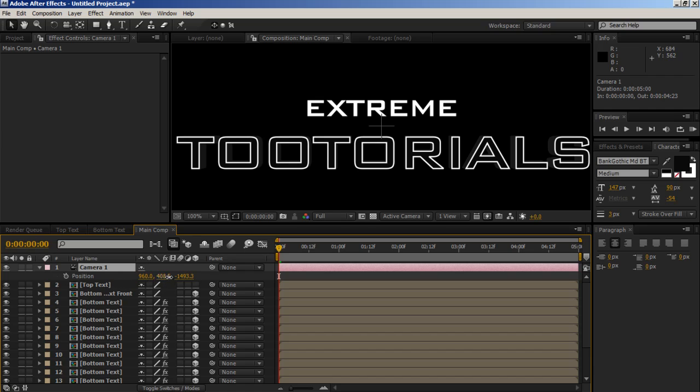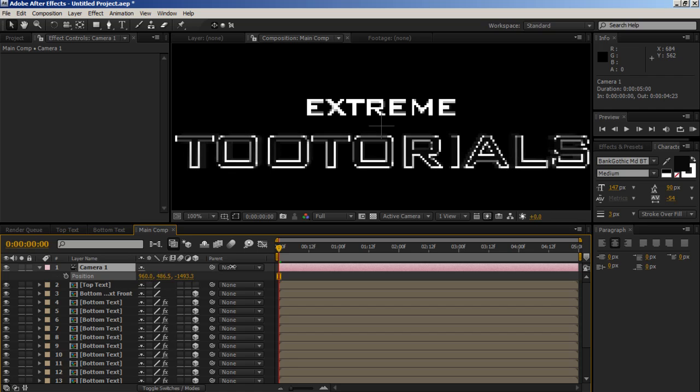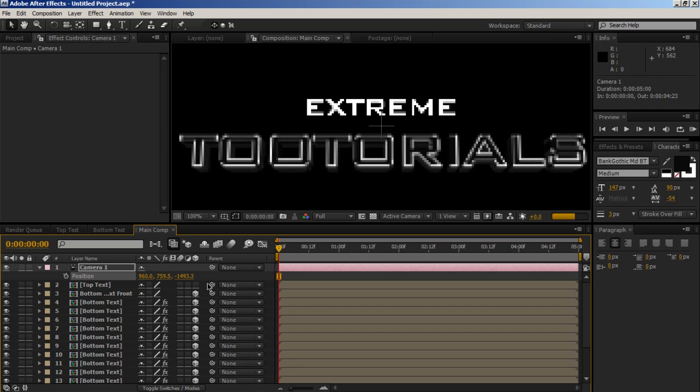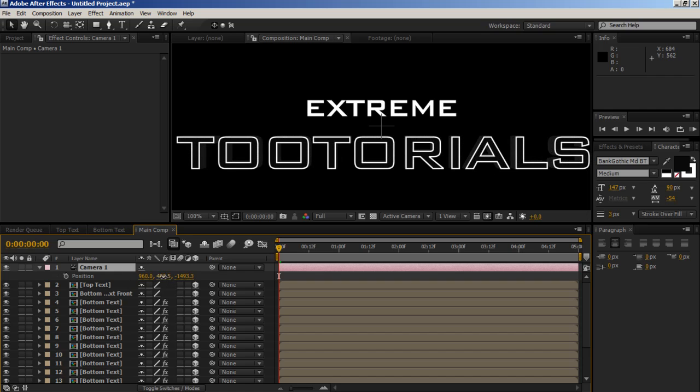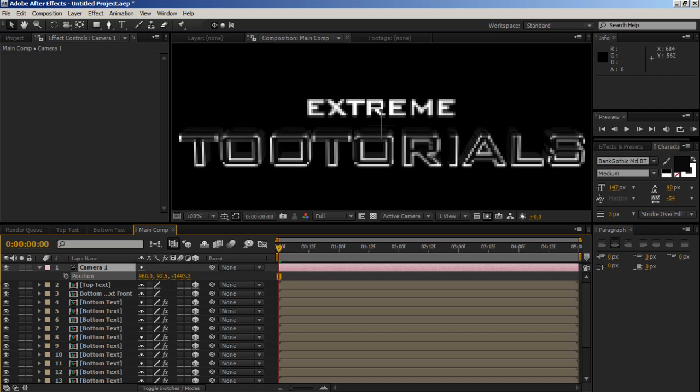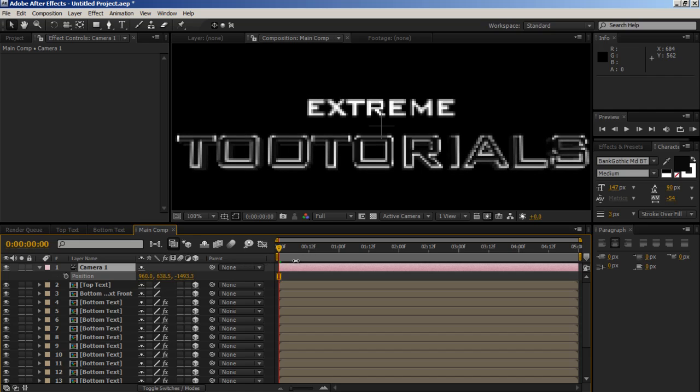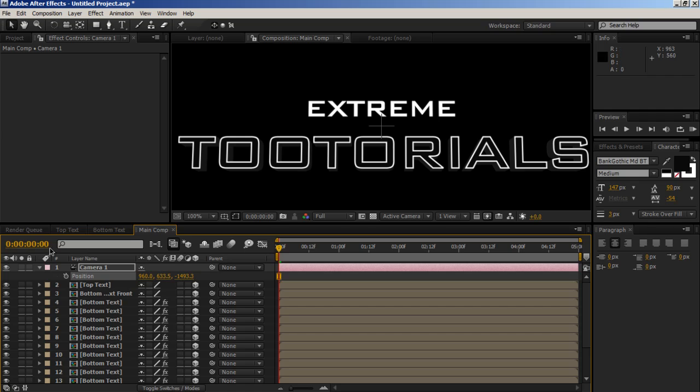I know, oh, we have not made that top layer 3D. We need to do that. So let's start to move it down a little bit so it looks more awesome, as we would say. Make a keyframe, click and drag to the end, and